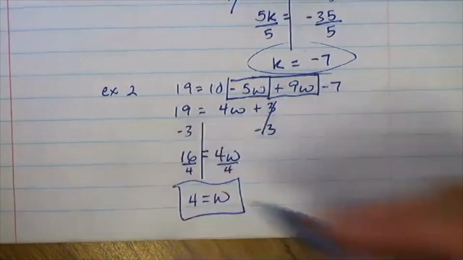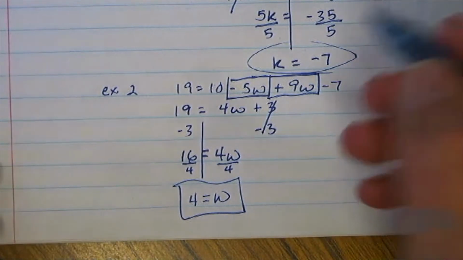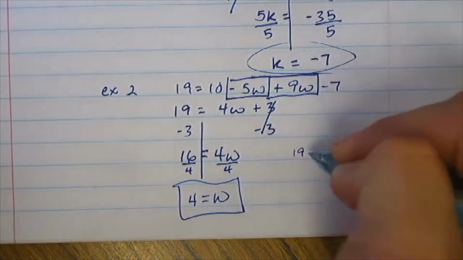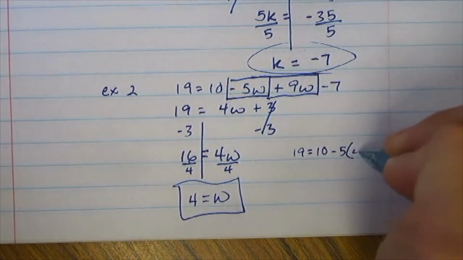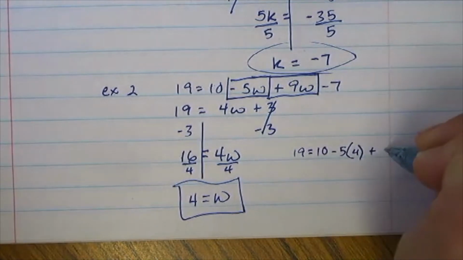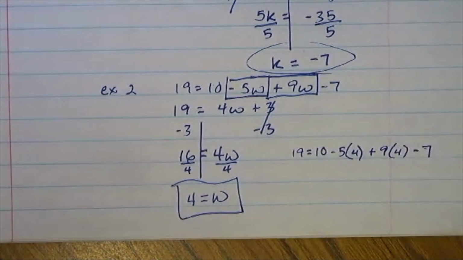That is my solution. Okay. So again, we can go back and check it if we really wanted to. Not going to go through the whole process of it, but remember, if I was plugging this in, that would be 10 minus 5, parentheses 4, plus 9, parentheses 4, because everywhere I'm plugging in that value, I'm putting a parentheses, all right? So that ends up being an order of operations problem there now,